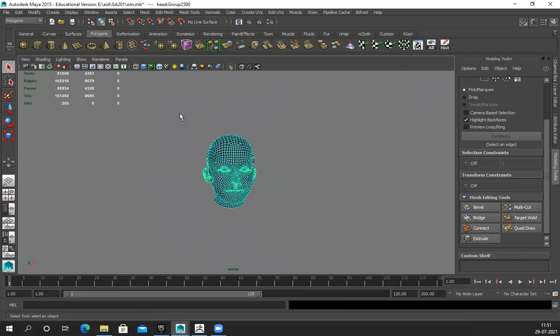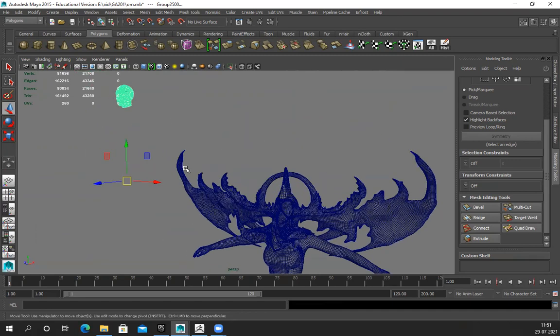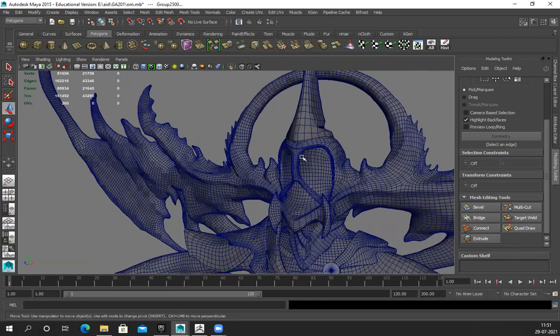So I'll right click, go to object mode, select both of them, and then move it. If I hide it, this face doesn't have any connection with anything else. This band was on top of the face, right? Now it won't bake on the face because the position is entirely different.